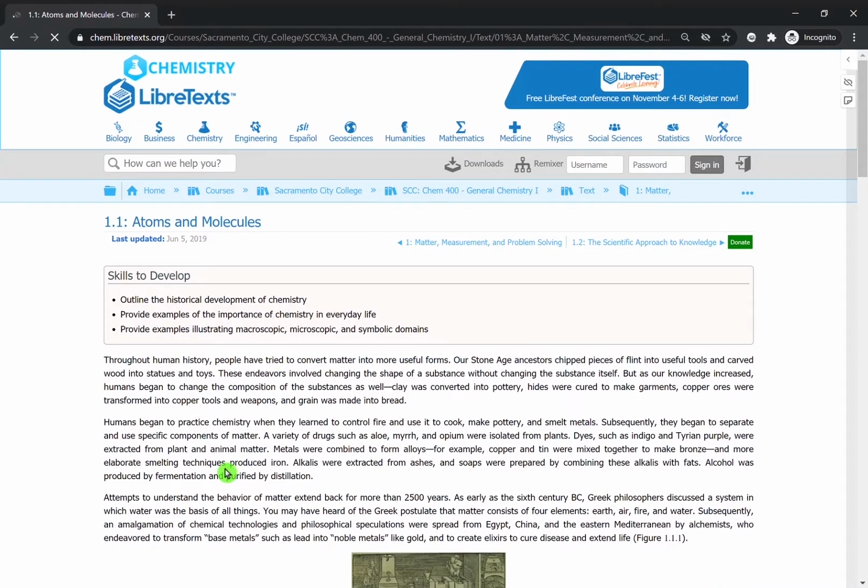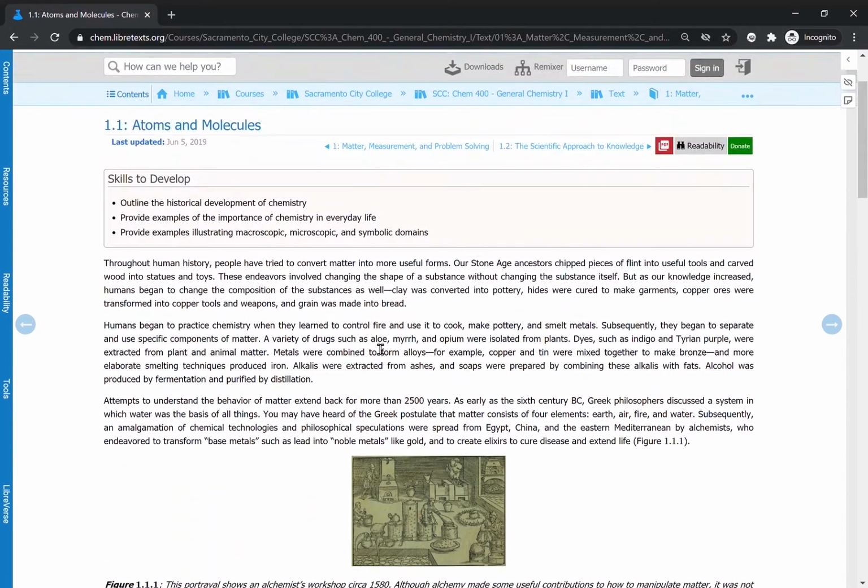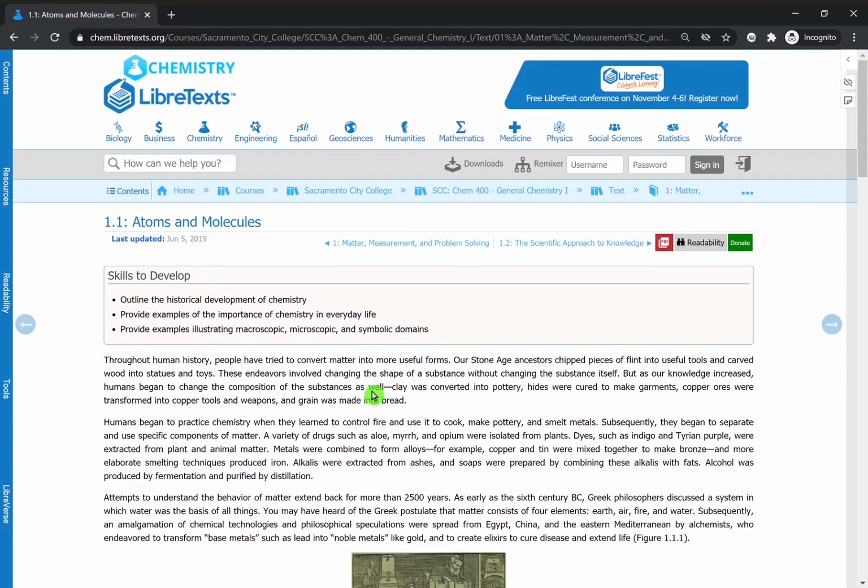I can read whatever I want. Here's all the different sections, and I'm reading. See? No user, nothing special required. It's fantastic. This is what your students will be using. You can give them the links to the textbooks that you remix, or create on here, or find on here to help them out with those free OER.